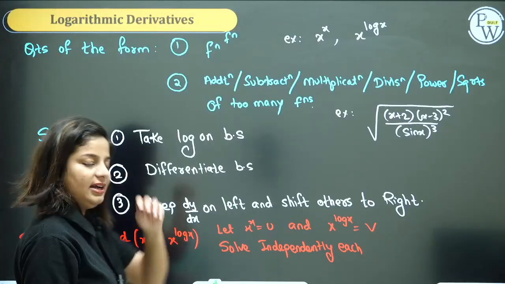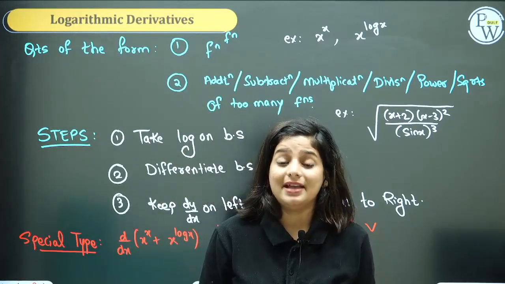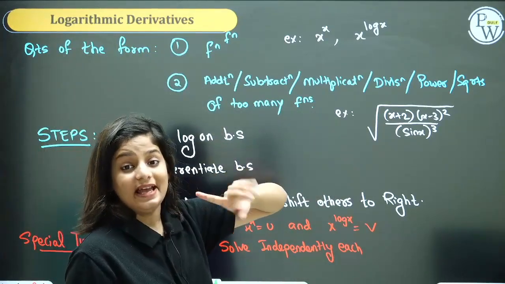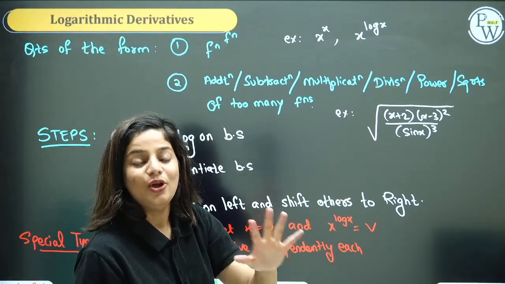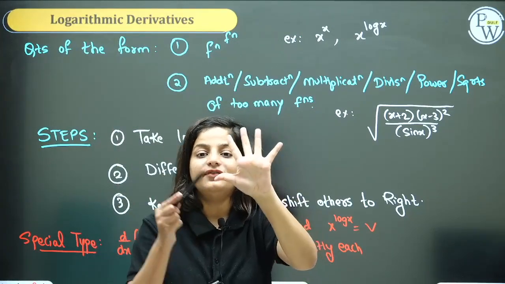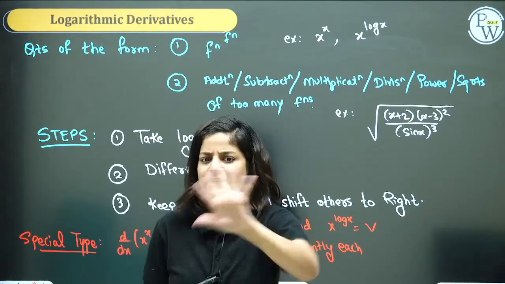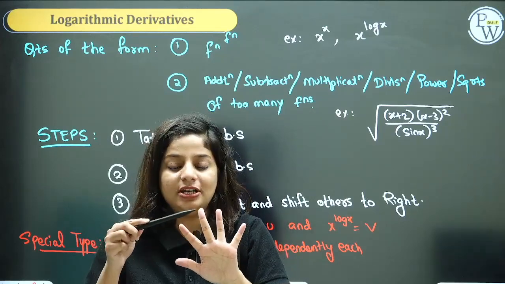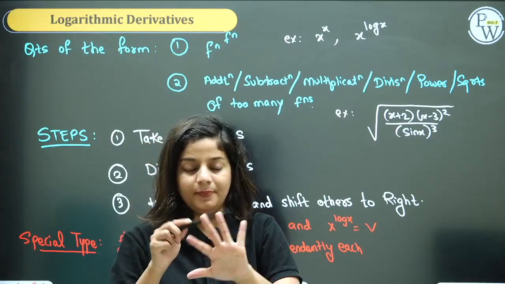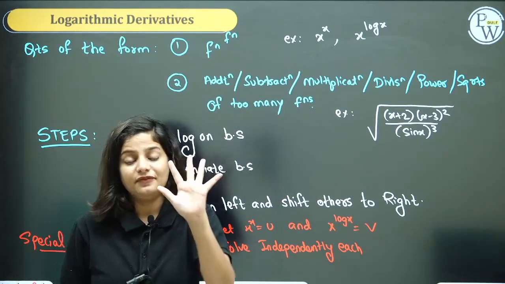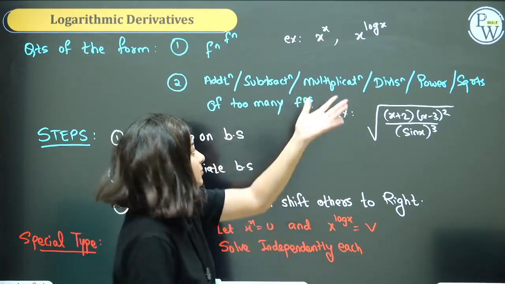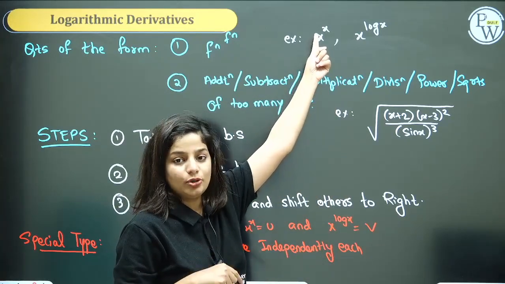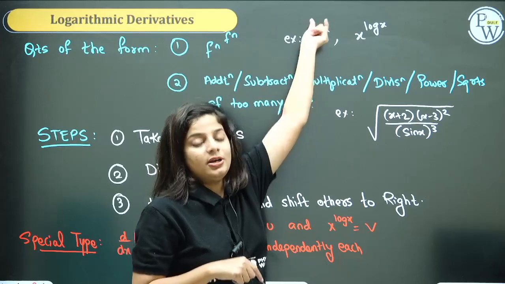Exponential and logarithmic are direct differentiation, there is nothing separate about it. Logarithmic derivatives, yes. Whenever you have a question that doesn't fit into any of the 5 categories, I told you all the questions will fit in 5 categories: polynomial, exponential, exponent, trigonometric, logarithmic. If your question doesn't fit in any of those categories, it's something else, like x raised to x. This is neither polynomial nor exponential. It's variable raised to variable.